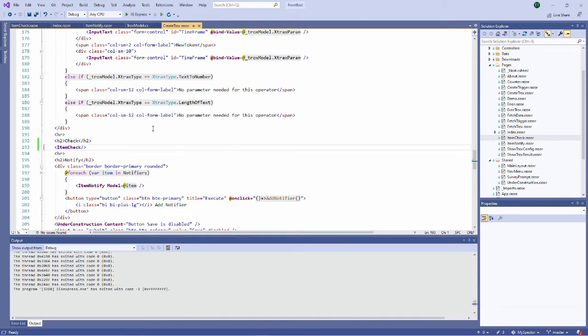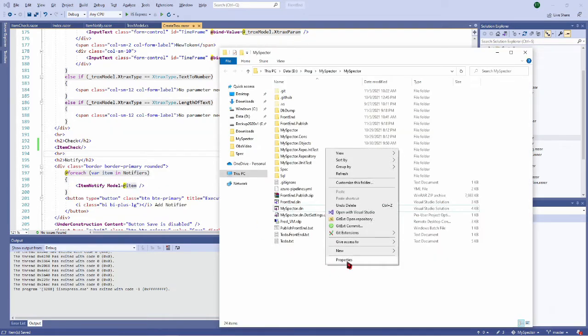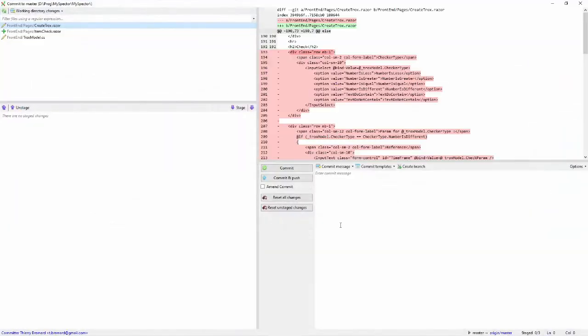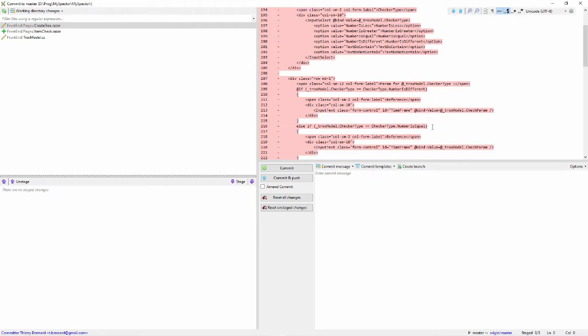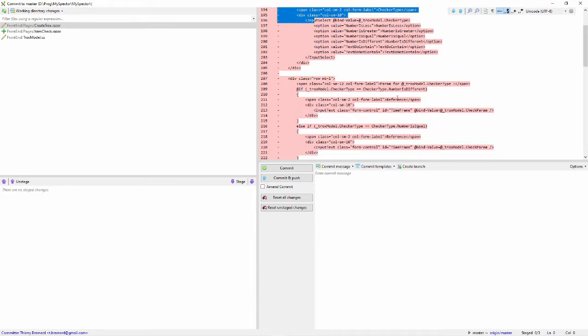And the code is simpler. So I can save this and commit this, and let's look at the diff. So the diff, we see that the create trox page has been modified. All the thing which is below the check is removed because the red means what has been removed.